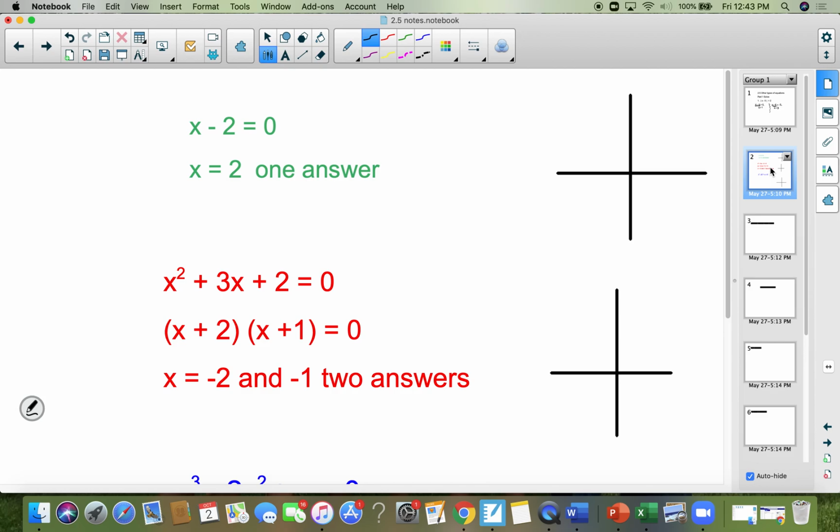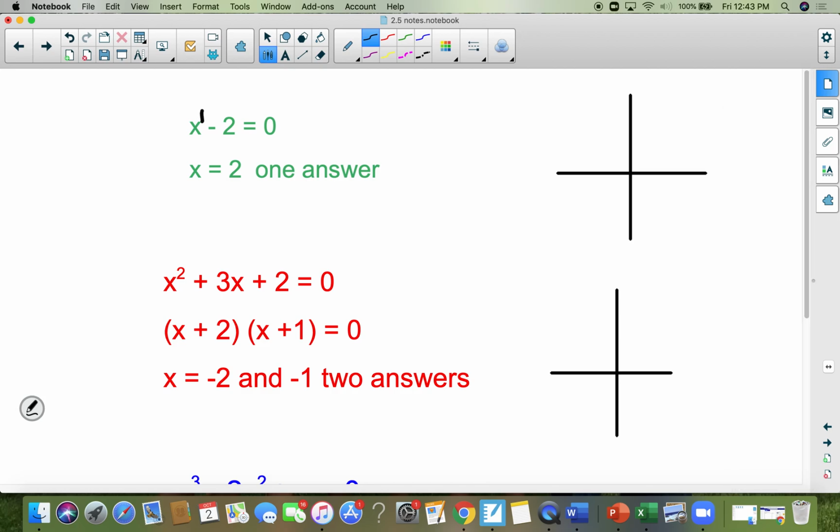Okay, just to go over this really quickly here. A linear equation is a degree 1. You only get one answer because it's degree 1. We've already done this. We did this in 2.1. We did this in 2.3,